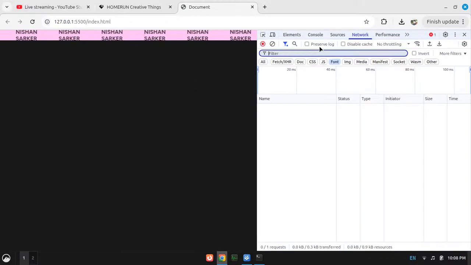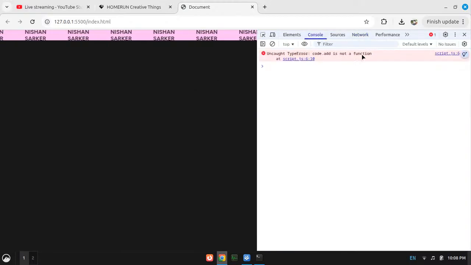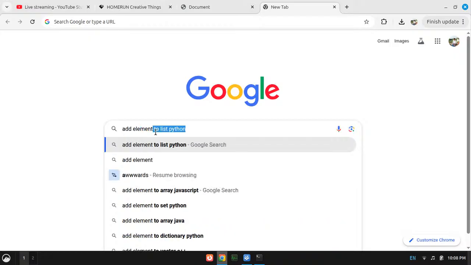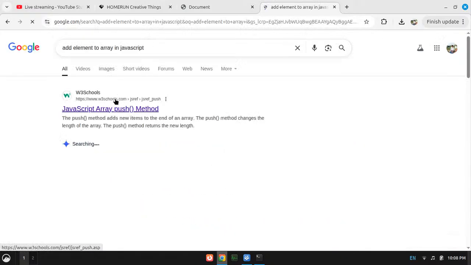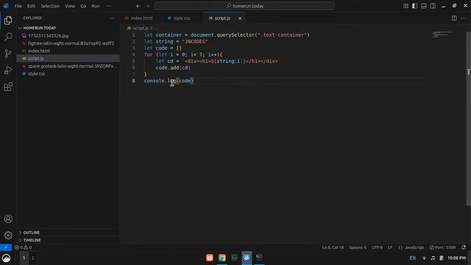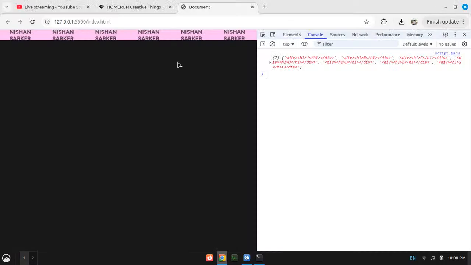Let's see what happens in the code. What will happen here in the console? Code is not a function. Code.add. Okay, how do we add an element to an array? Element to array in JavaScript, right? How are we supposed to do? Okay, dot push, not dot add. We need code dot push. We need to push this thing inside the code array. Okay, yeah, now I have something,